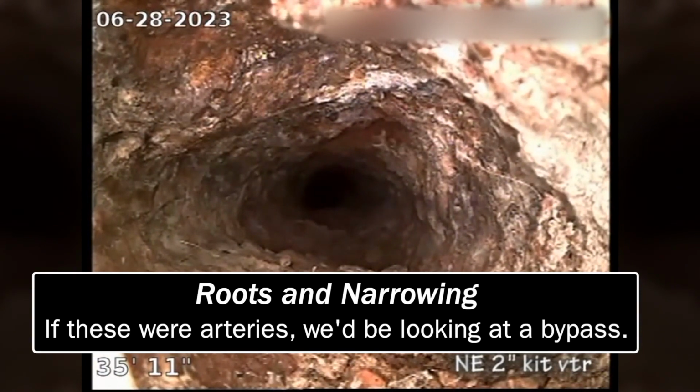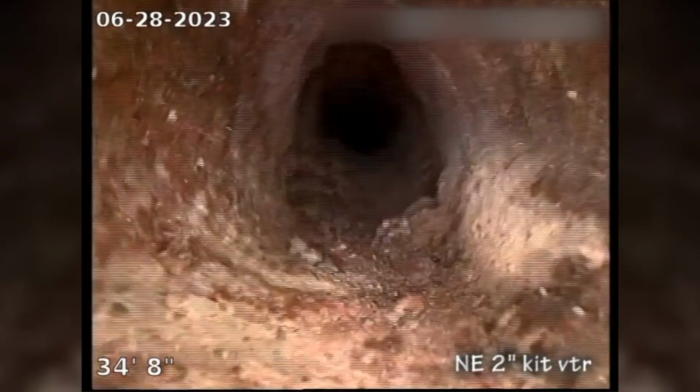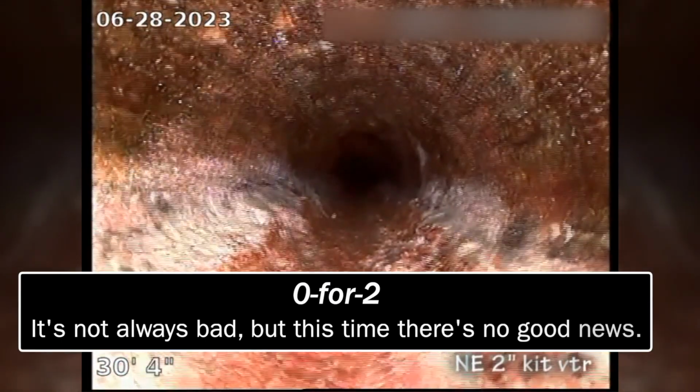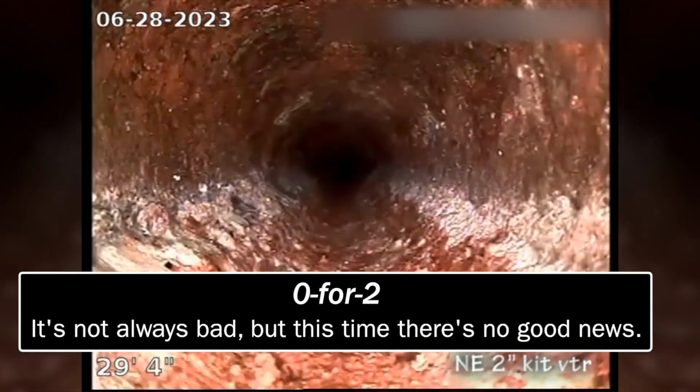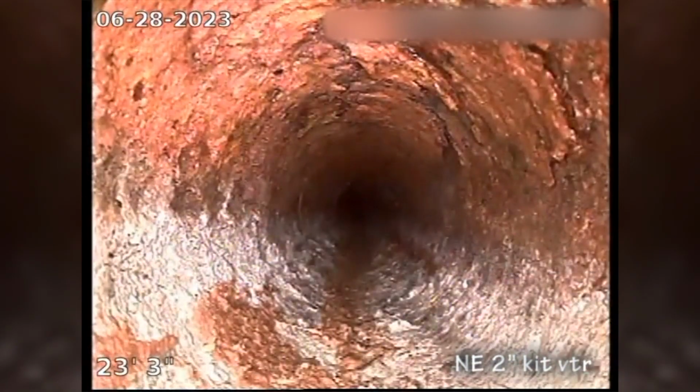It needs to be replaced. I'd say cleaning, but roots and that big giant crack we saw. I hate to have you spend a lot of money cleaning and have it fall apart. See, if I didn't see those roots, this here it looks like it could be cleaned. But the fact that we saw roots in there, and then we did have that big crack in the other